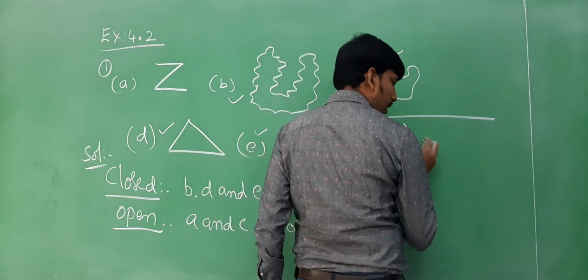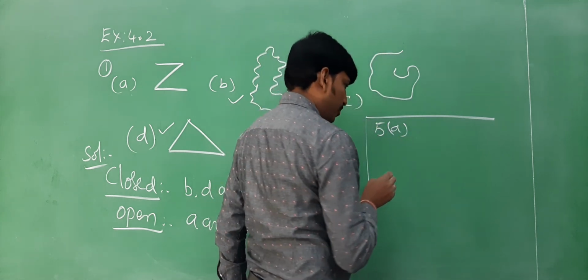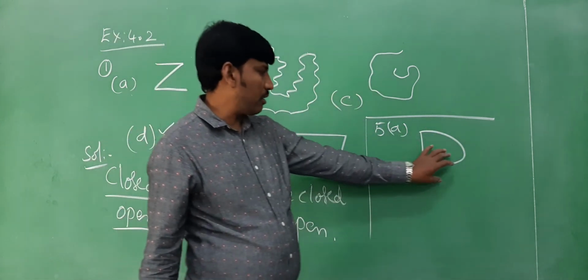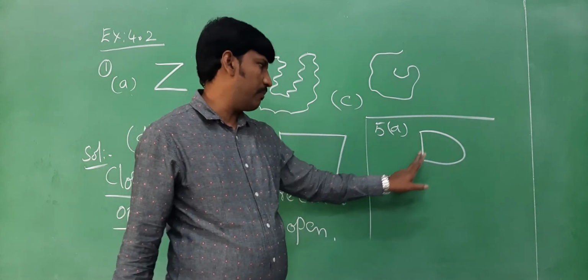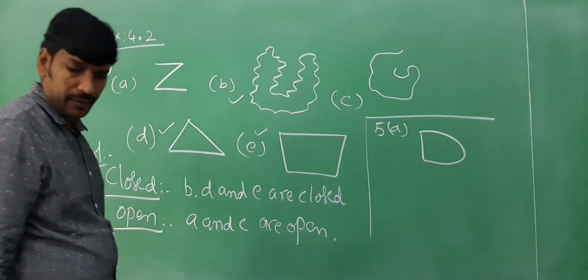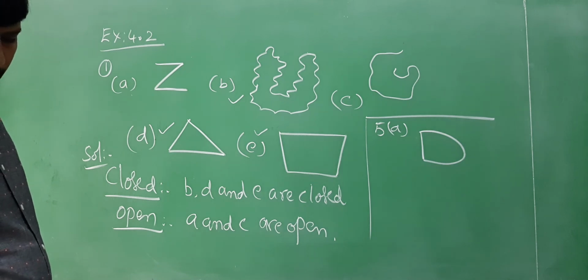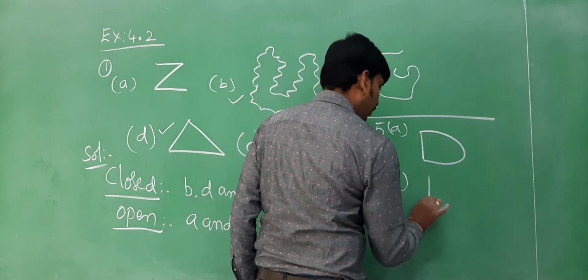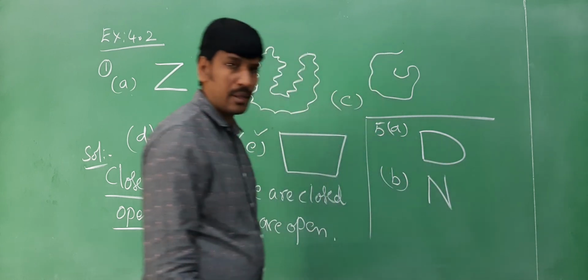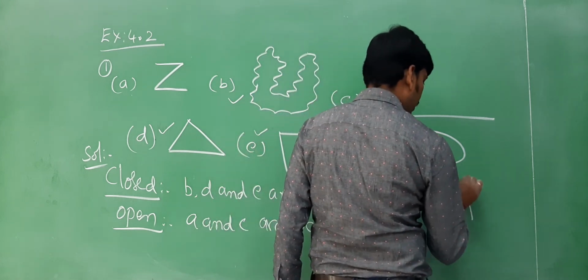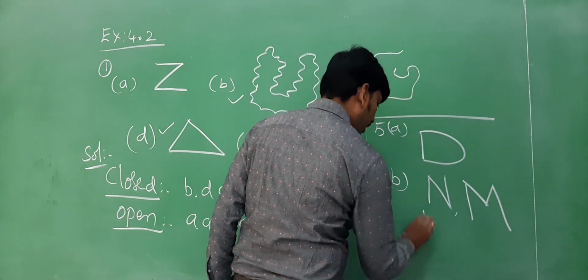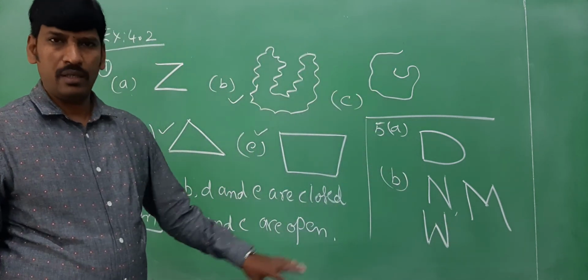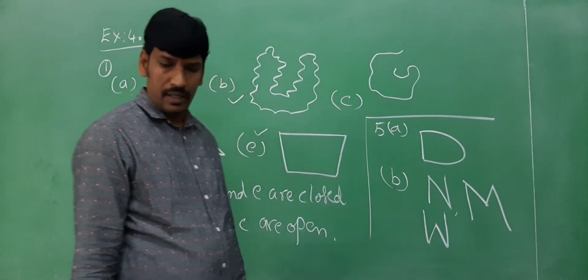You can write it as a closed curve like this, D shape. It is a closed curve but not a polygon. It has one straight line but the other one will be a simple curve. Now an open curve made up entirely of line segments. An open curve like this, all are line segments only, or you can say M also like this. Even you can draw W also. See, it is an open curve but made up entirely of line segments.